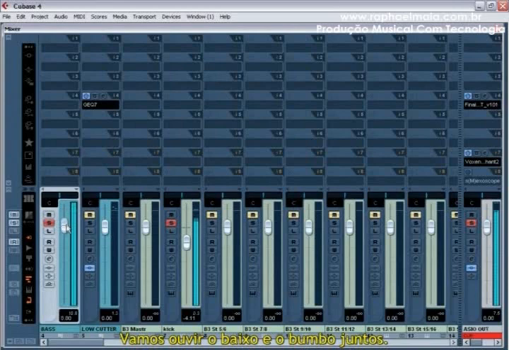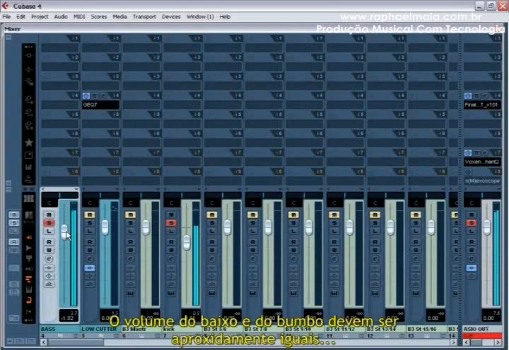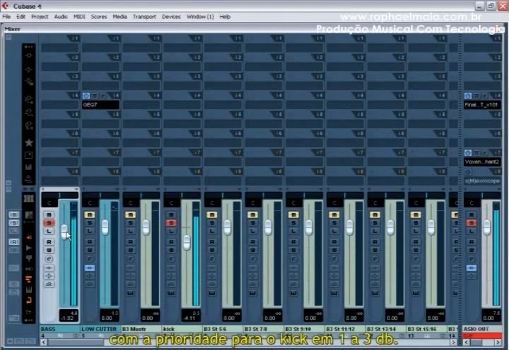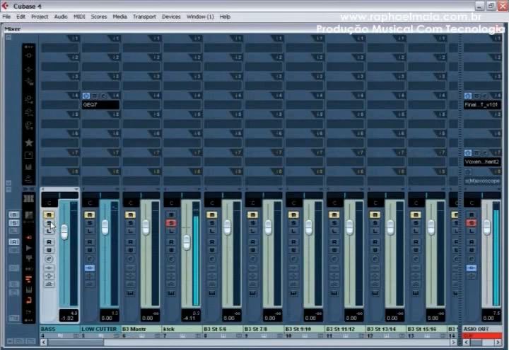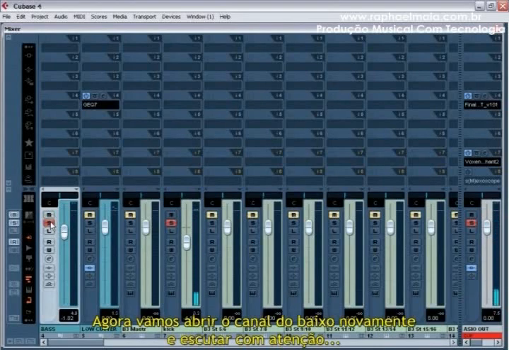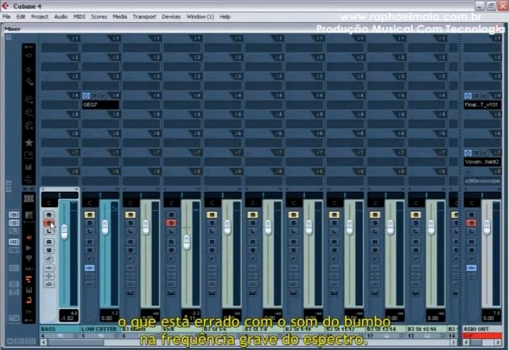Let's listen to bass and kick together. The volume of bass and kick must be approximately equal, with kick priority of 1-3 dB. Let's mute the bass channel and remember how the kick sounds. Now we switch the bass on again and listen carefully to what is wrong with the kick sound in the low frequency spectrum.